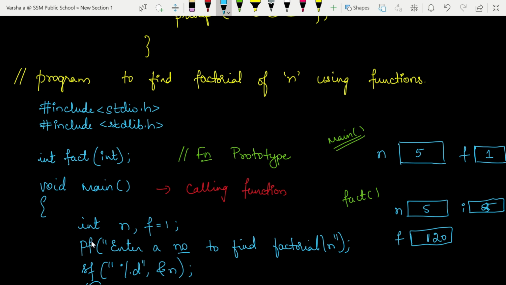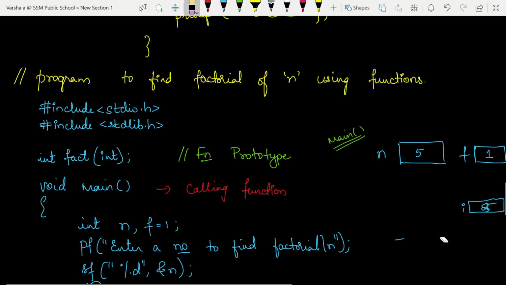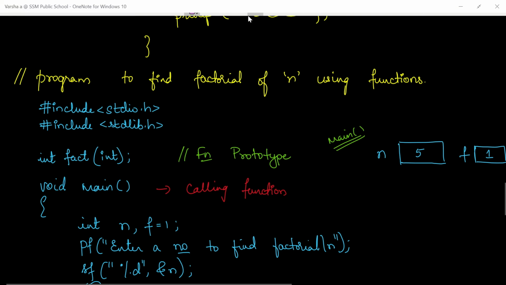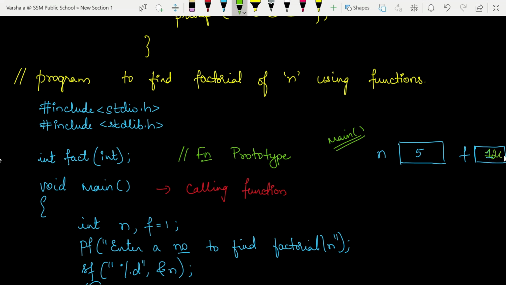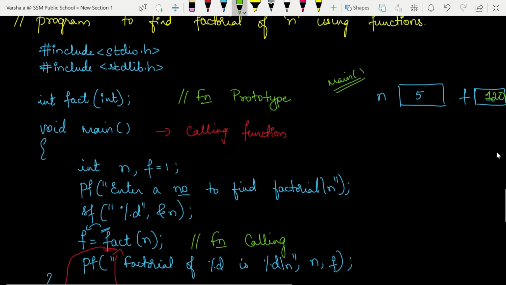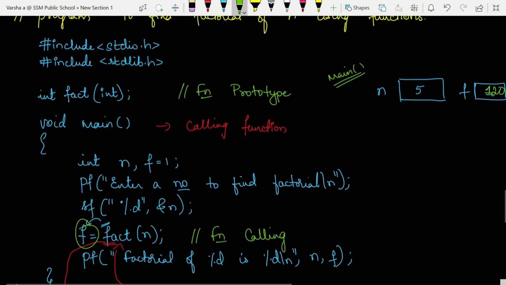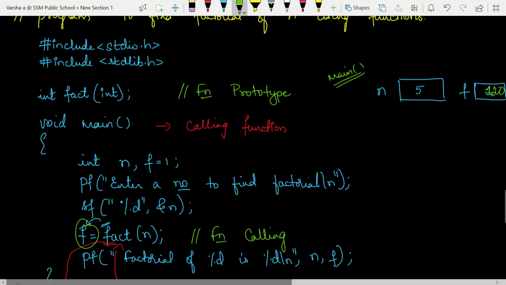Now when the compiler goes back to the main function, all the memory that was created in the sub function will be erased. Everything gets erased, and whatever value it returned, only that value gets stored in the variable f, because f is what is used to store the output.